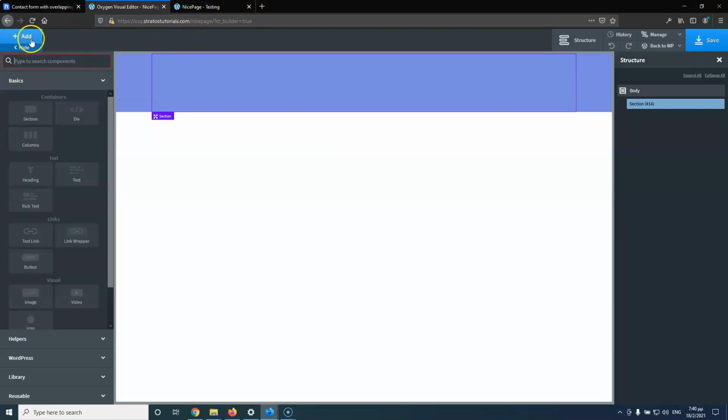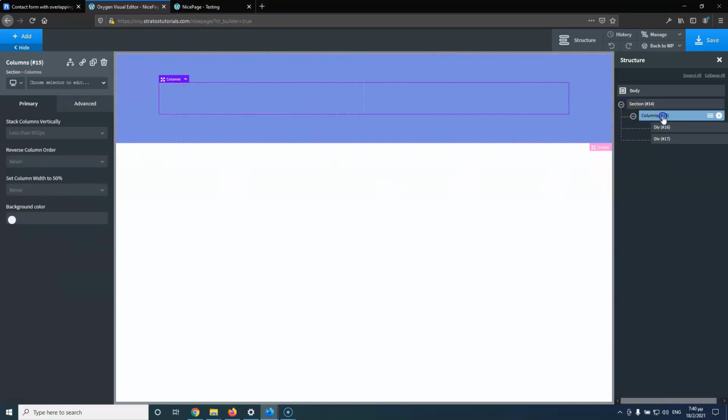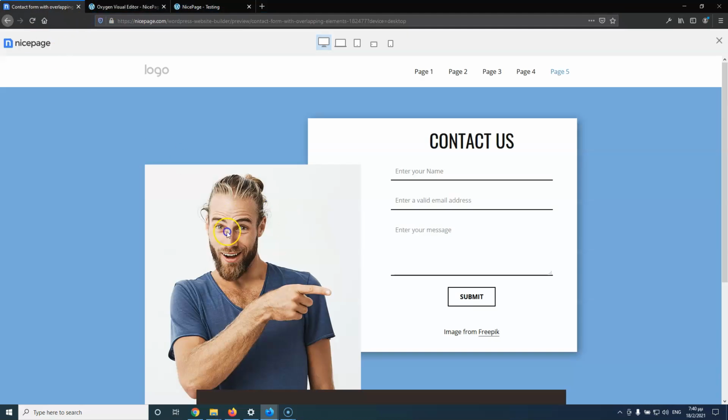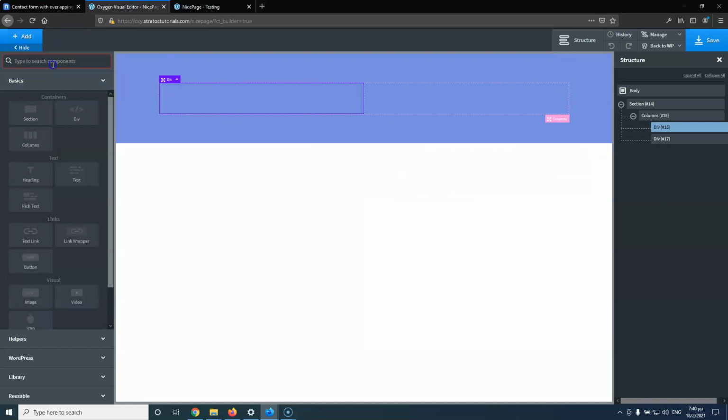So let's save that and add here a column with two columns inside. So as you can see, we have a column element with two divs inside, which are the columns. Now, in the left column, we have to add an image. So we have two ways to do that. We can add here the image element